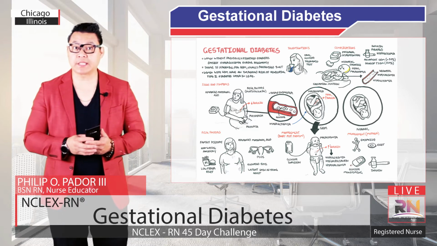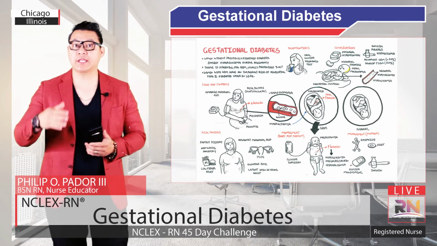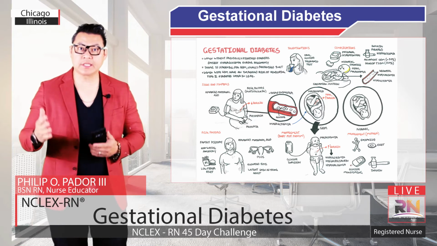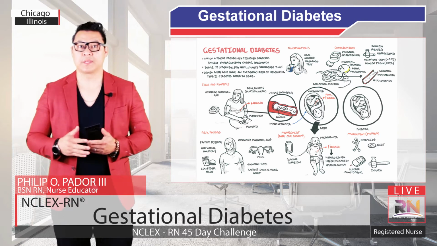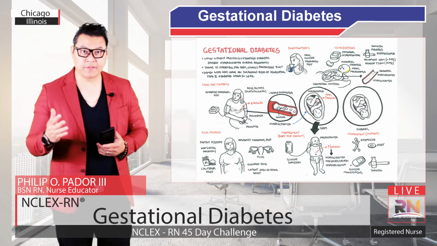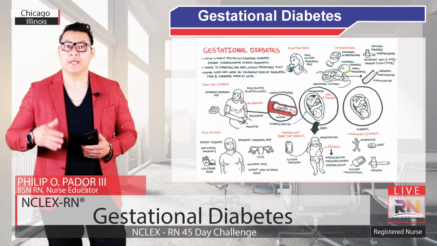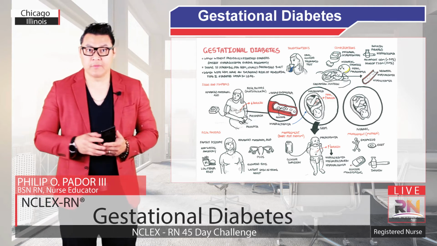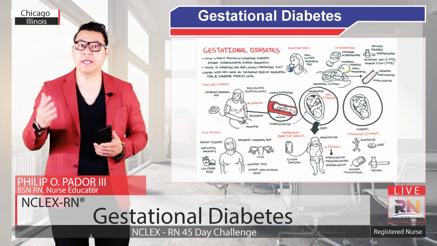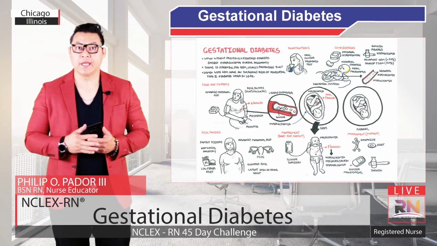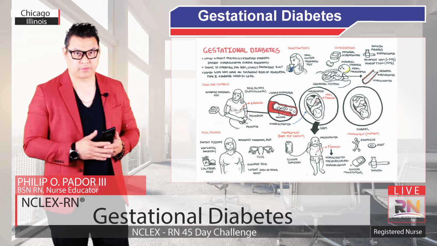What happens in gestational diabetes is that instead of a small decrease in insulin sensitivity in maternal tissue, there is a large decrease in insulin sensitivity, and thus also insulin resistance. Here is the pancreas of the mother with gestational diabetes, and here is a target cell of insulin, and there is the fetus and the uterus.